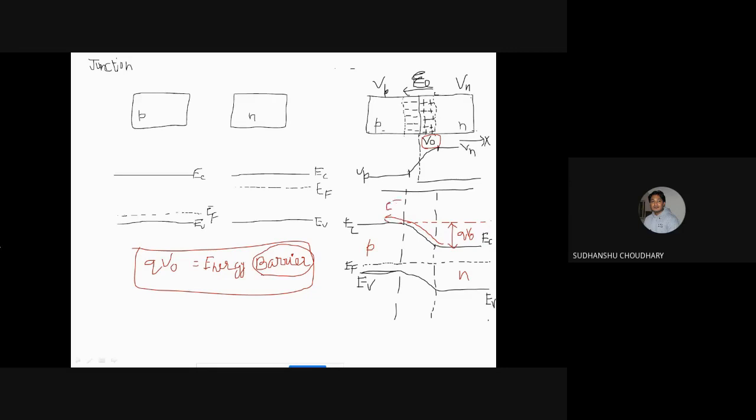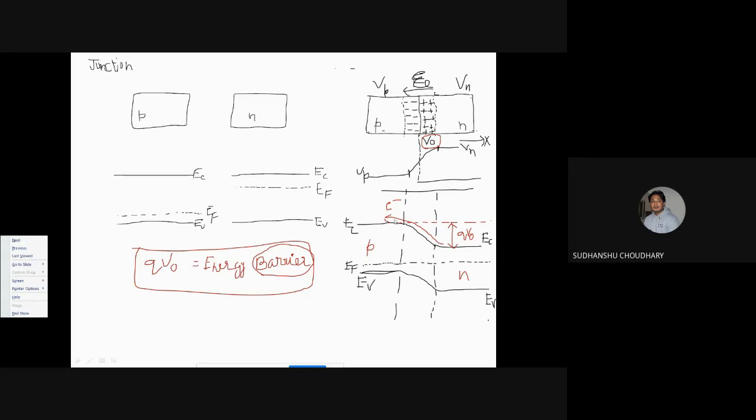So now the electrons see a barrier. I have lower energy of electrons over here, and to cross this barrier, electrons will have to gain energy equal to QV naught. If they don't gain energy equal to QV naught, they will sit here itself. They will not cross the barrier, they will not reach this point, that is, they will not diffuse, because now an energy barrier is set.